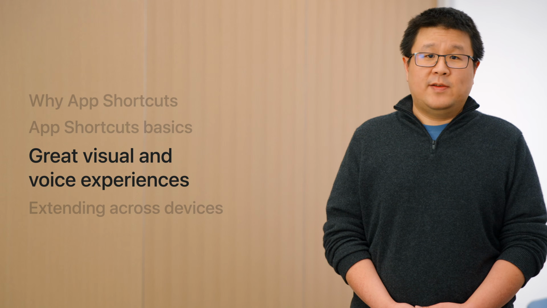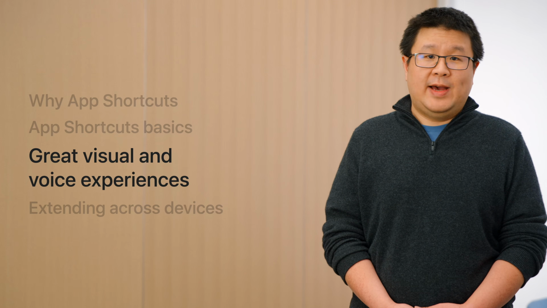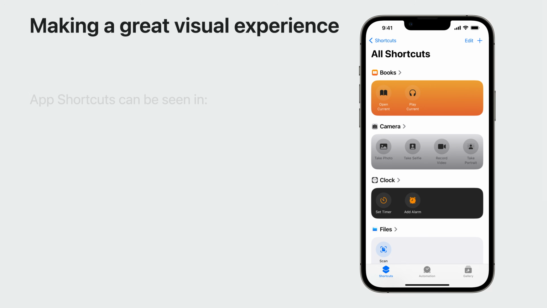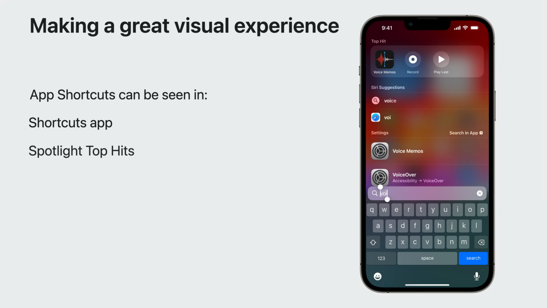Now that I've implemented my first app shortcut, I'd like to tell you about what's new this year to help you make the most out of app shortcuts and all of the great new features of iOS 17. In iOS 17, we've updated how app intents and app shortcuts are shown in the Shortcuts app. This new design lets people find your app's intents more easily and gives one-tap access to the app's most important actions. App shortcuts also now get prominent placement in Spotlight.